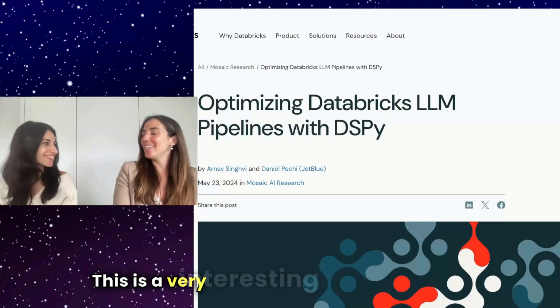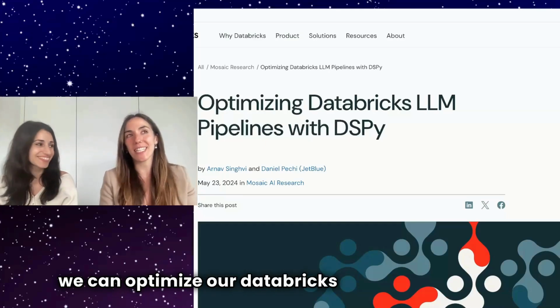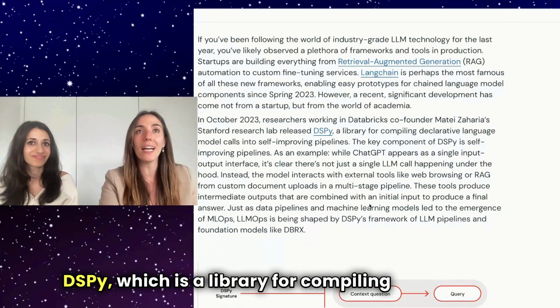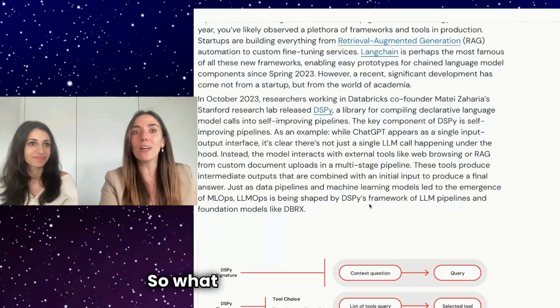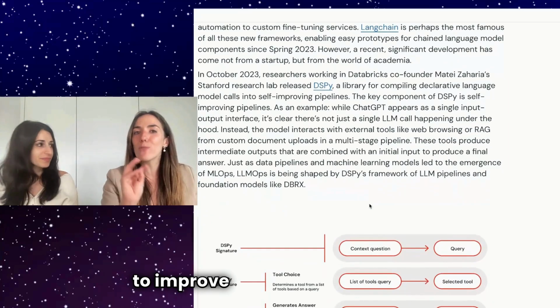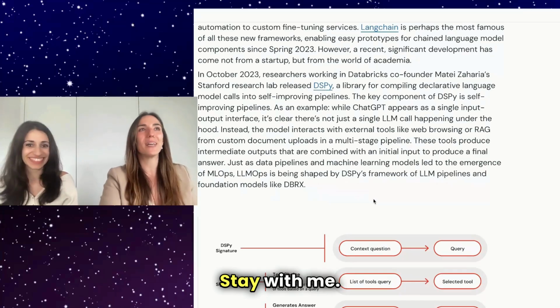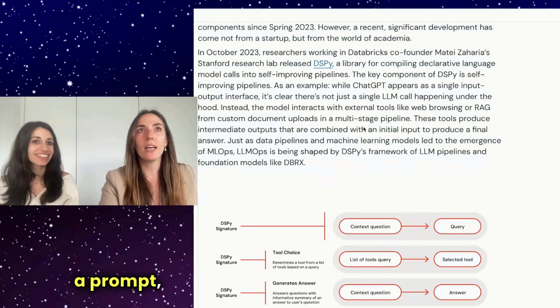This is a very interesting article about how we can optimize our Databricks LLM pipelines with DSPy, which is a library for compiling declarative language model calls into self-improving pipelines. So what it does, it mainly tries to improve the pipelines by itself. Stay with me. So as an example, when you are hitting ChatGPT with a prompt, you may think that you